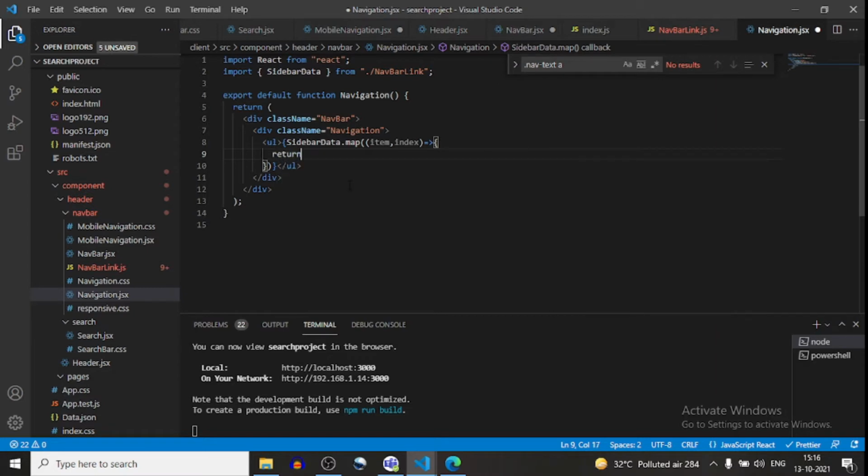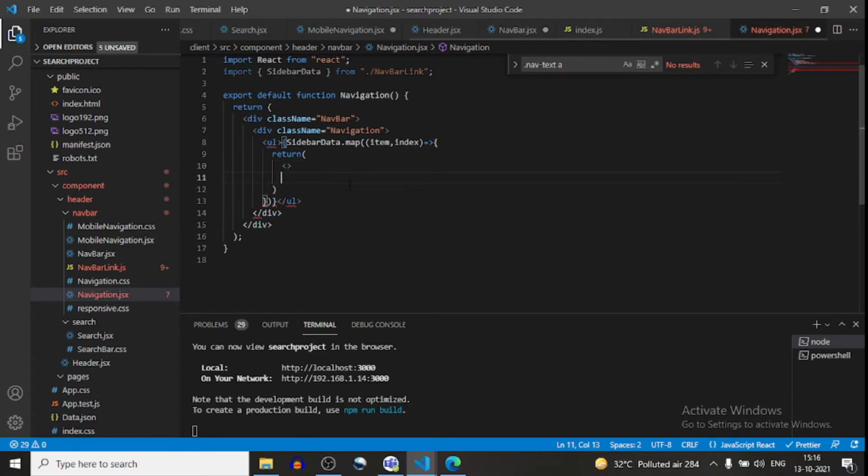Now here I will return a fragment with li, and this li will be closed. The key will be index.